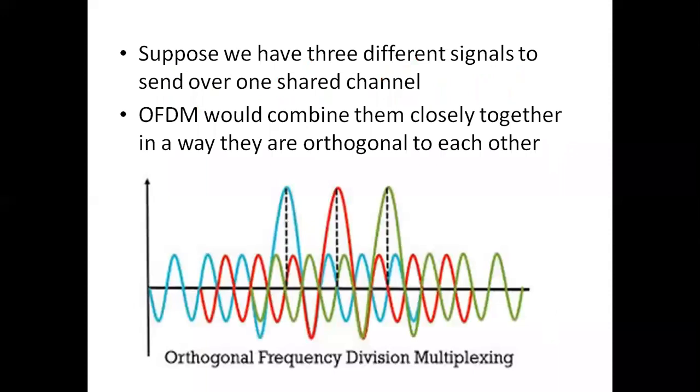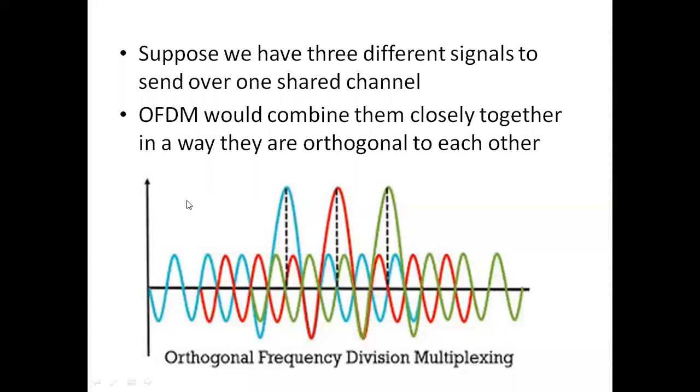Suppose we are considering 3 different signals to send information over a single, shared channel. So we are considering 3 different signals, or 3 users, and those 3 signals are sent over one shared channel. That means 3 users send the information using a single channel. We have 3 signals represented with 3 different colors: blue, red, and green. Let us consider these 3 signals are transmitted by 3 users over a single link.